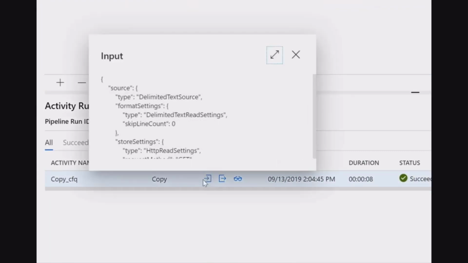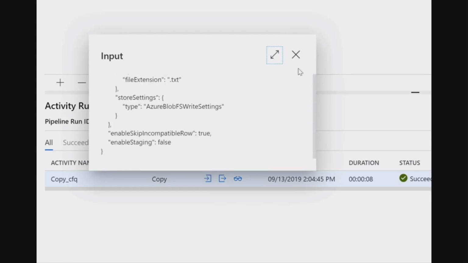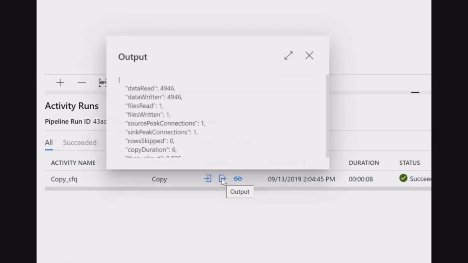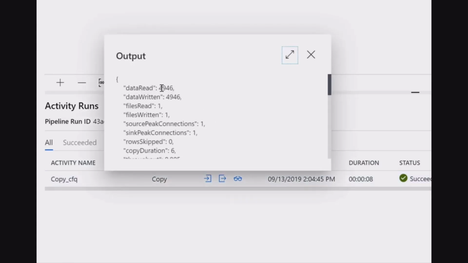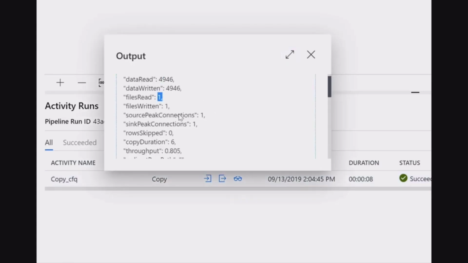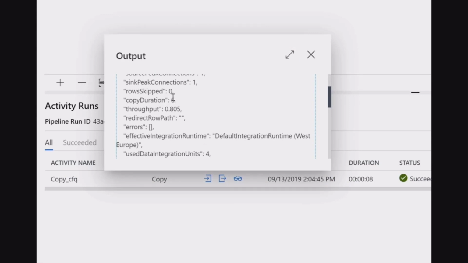That's what's going on behind the scenes here. I can see the different source information, and I can also look at things like how much data was read, how many files were read, how many rows were read, skipped, and so on. So all of this logging is built into the product itself.